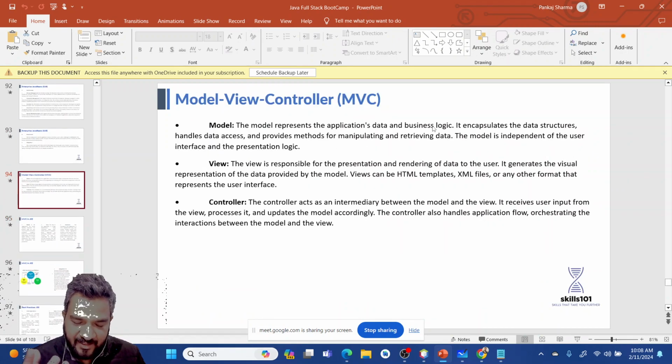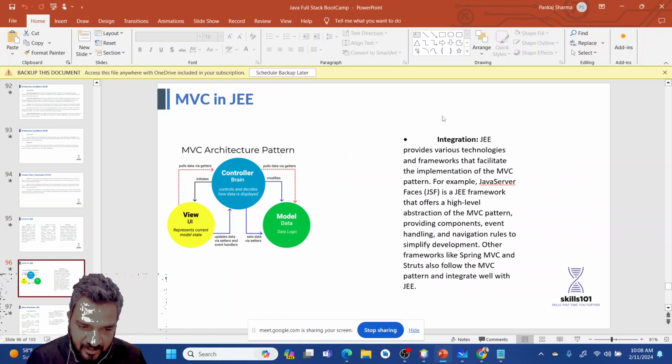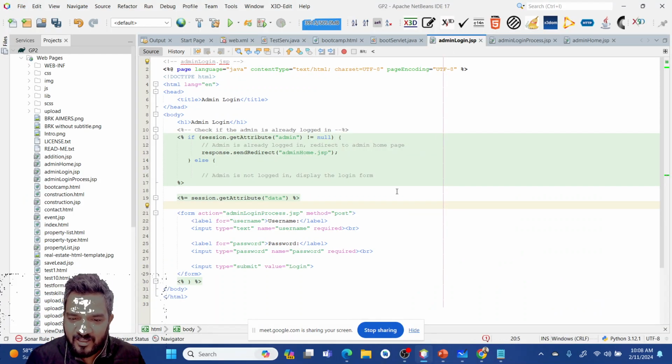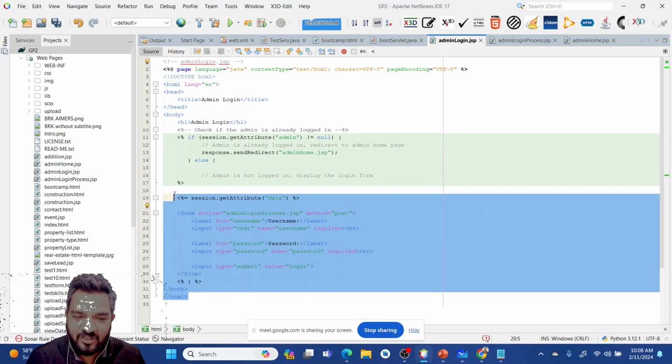The MVC architecture. MVC architecture is model view controller. The real example is like in the same architecture pattern. The UI, the user interface, is your view, right? The data logic is your model, and the transferring of data between those two is your controller, right? If we look into what we have done, the admin login page is your user interface.